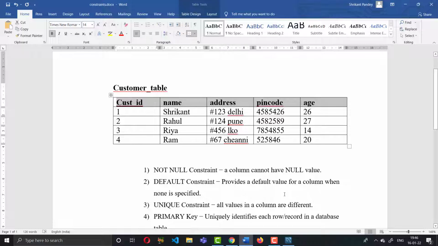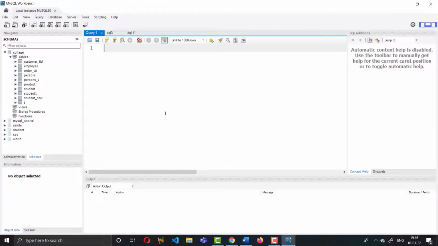if any error is coming. So you will learn a lot. So write create table, provide the name of the table. Suppose I am giving the name customer, create table customer, and